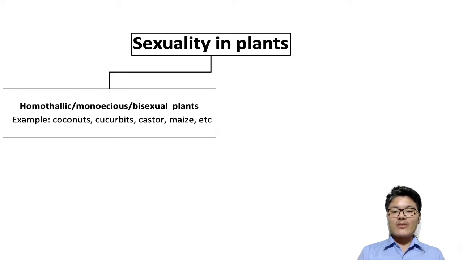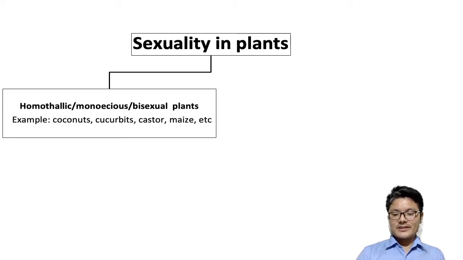Earlier algae was categorized under plants. So for algae we use the term homothallic, which indirectly refers to bisexual, a plant bearing both the sex organs. Say, for example, in the case of coconut, cucurbits, castor and maize. A coconut plant has both male flowers and female flowers, which produce male gametes and female gametes respectively, and in a way this makes reproduction easier for bisexual plants,